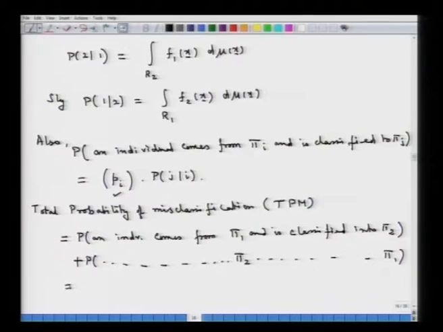So that this in our previous notation is equal to, now this would be individual is coming from pi 1, so the a priori probability is p 1, and then it is getting misclassified into the second population. So, this is the first part of the probability statement, plus it is coming from the second population which has got a prior probability equal to p 2, and it is getting misclassified into the first population. So, this is our total probability of misclassification, which is of importance,